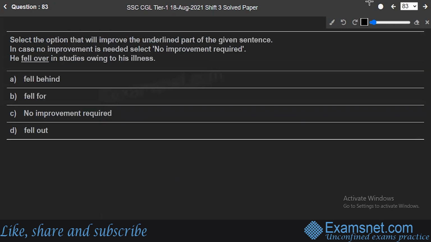Let's move to the next question, number 83. Select the option that will improve the underlined part of the given sentence. In case no improvement is needed, you can select no improvement required. And the sentence is, he fell over in studies owing to his illness. Options are fell behind, fell over, no improvement is required, or fell out. So in this sentence, the underlined segment is fell over. This is incorrect. It's talking about a student who failed to keep up with his studies due to illness. So in this one, it should be he fell behind